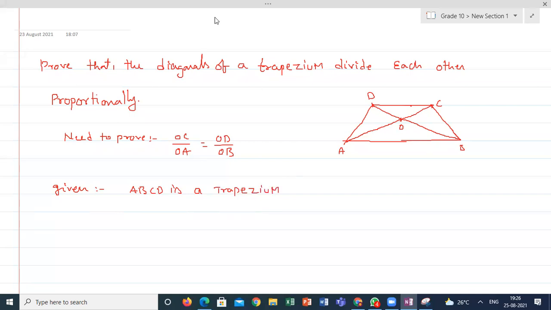Harita, Sanyu, Durlab. I have to take a parallel line OE here, where OE is parallel to AB, which is parallel to DC. Because AB is parallel to DC, I am taking the construction OE parallel to AB. So three lines are parallel to each other, because in a trapezium one set of opposite sides are parallel to each other. So how to solve this question with the help of this? Can anyone remember this?